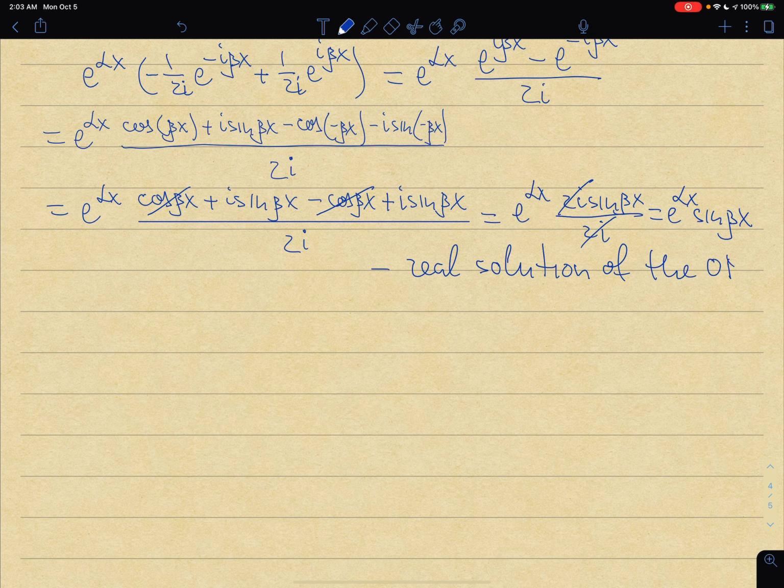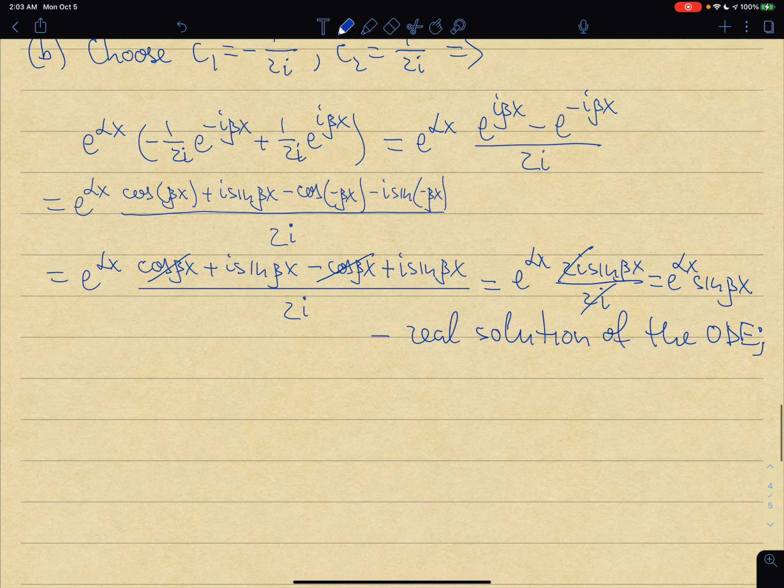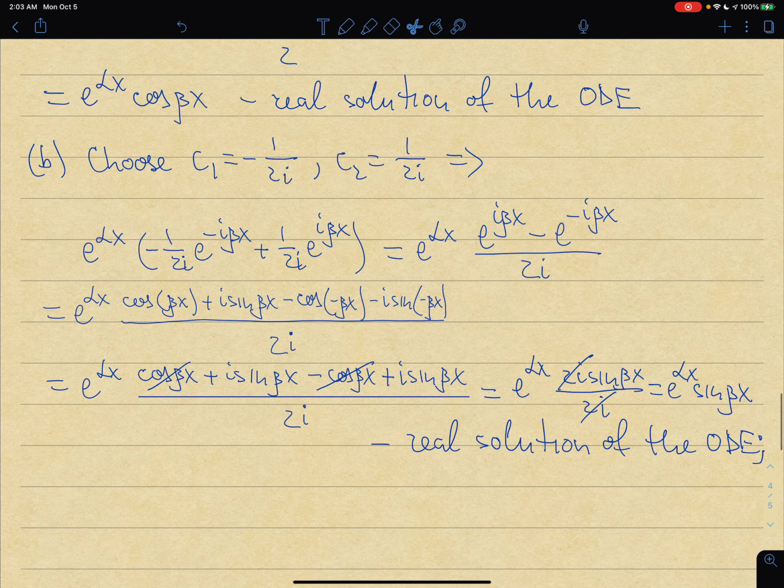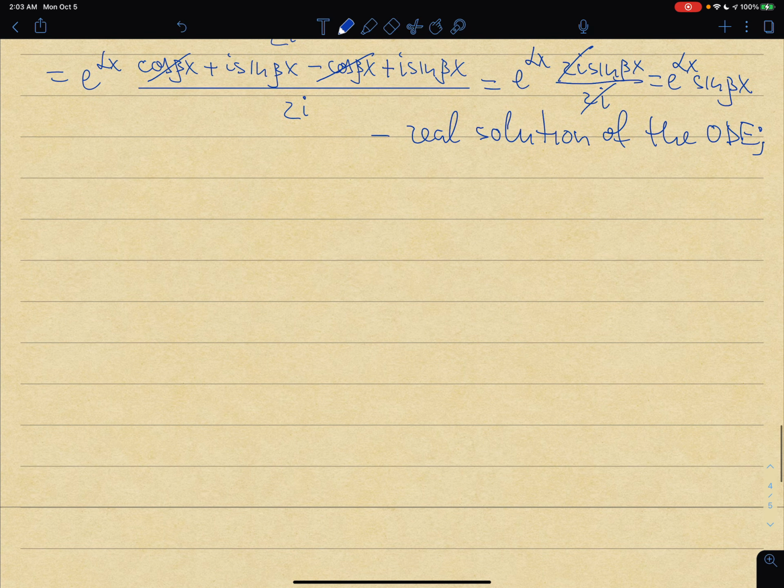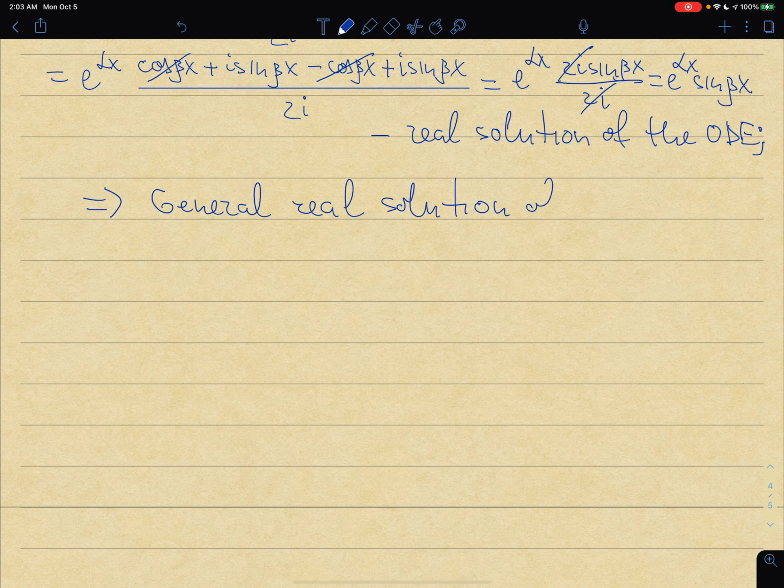And so after all of this hard work, what we get is two real solutions of the ODE. One is here and one is here. And clearly one is not a constant multiple of the other, because one has cosine, another has sine. Cosine is not a constant multiple of sine. And so therefore, the general real solution of the ODE